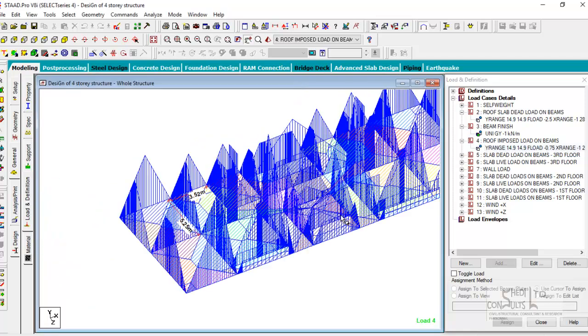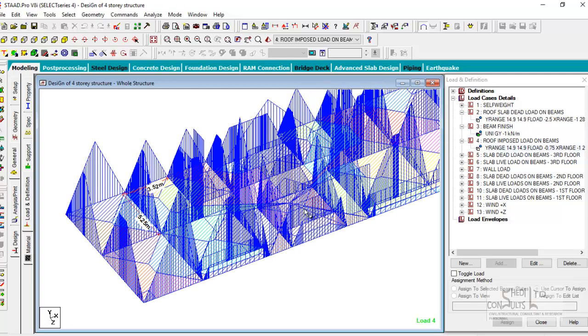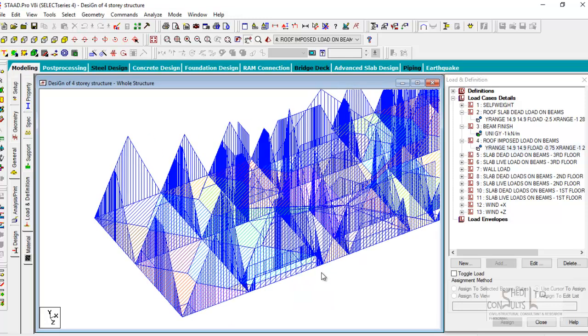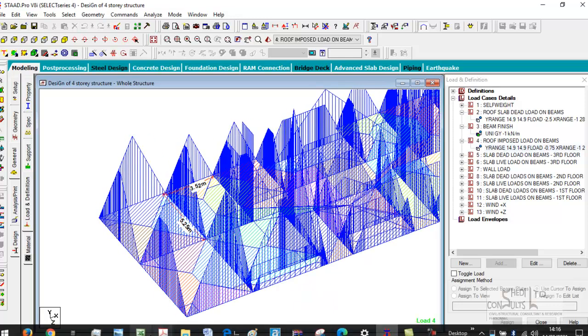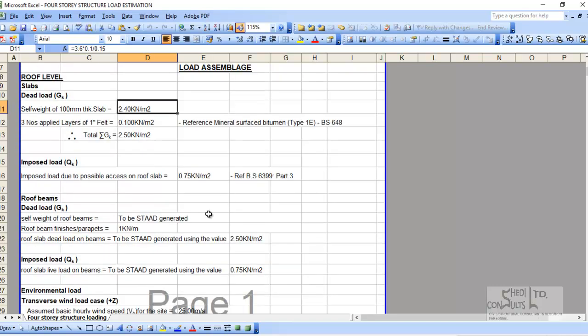Then the roof imposed load transferred to the beams. So we have transferred the dead load from the roof slab to the roof beams. We now have transferred the imposed load from the roof slab to the roof beams. Please note carefully that the roof